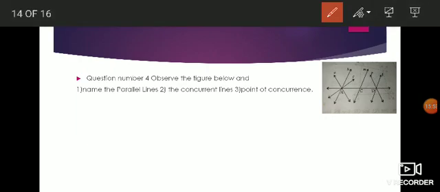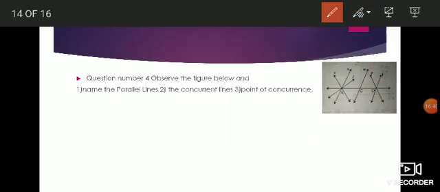Now we have to see in this figure which are the parallel lines. First one. Now see line A here. If we extend line A and line P, they don't intersect with each other. So we can say that lines A and P are parallel. And again, one more set is there. See, if we extend B, M and Q, these also do not intersect with each other. So we can say that there are two pairs. One pair is line A and line P, which are parallel to each other, and lines B, M and Q are also parallel to each other.